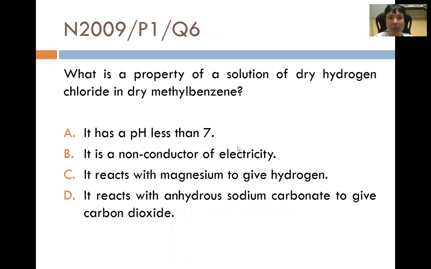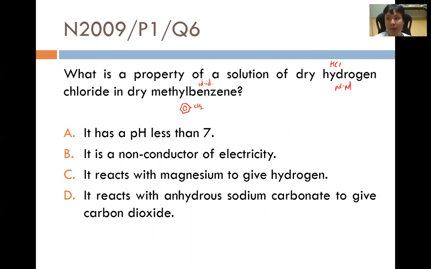November 2009, paper 1, question 6. What is the property of a solution of dry hydrogen chloride in dry methylbenzene? So the important thing here is that hydrogen chloride is HCl, and methylbenzene, of course, you haven't learned this if you haven't done organic chemistry, but this is the structure of methylbenzene. But the point is that this is an ID-ID type of interactions molecule, but HCl is a PD-PD type of interactions molecule, and hence the important thing here is that HCl won't be able to